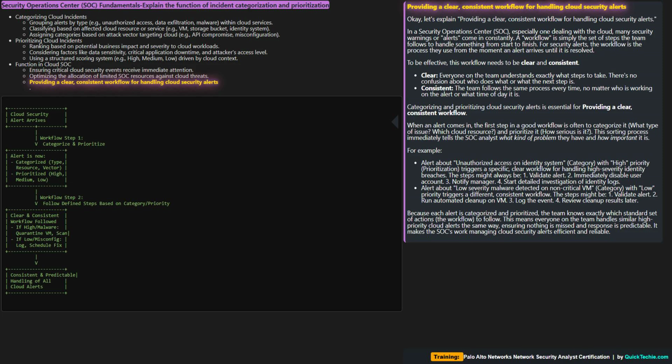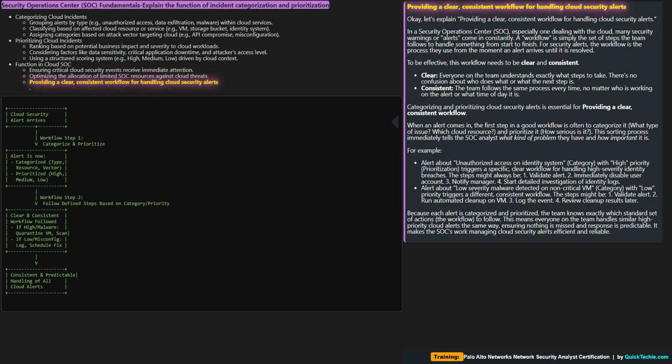An alert about low-severity malware detected on a non-critical VM, category, with low priority, triggers a different, consistent workflow. The steps might be: 1. Validate alert. 2. Run automated cleanup on VM. 3. Log the event. 4. Review cleanup results later. Because each alert is categorized and prioritized, the team knows exactly which standard set of actions,